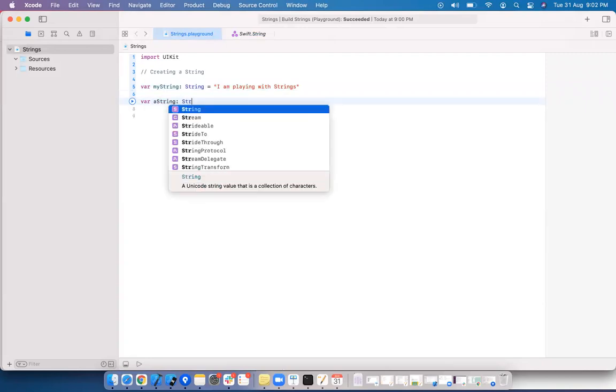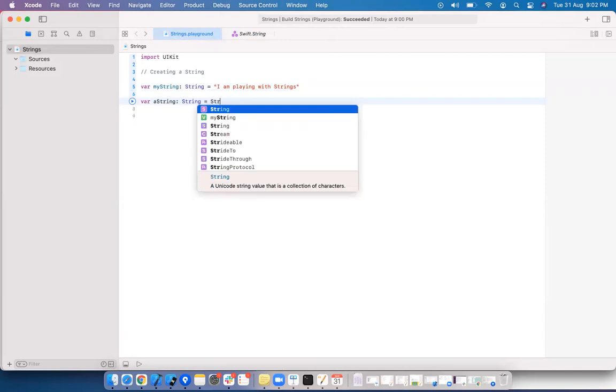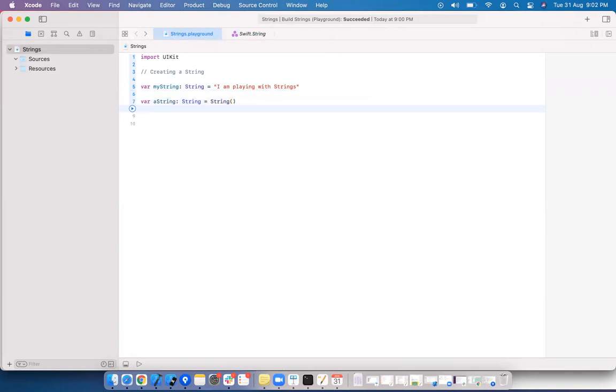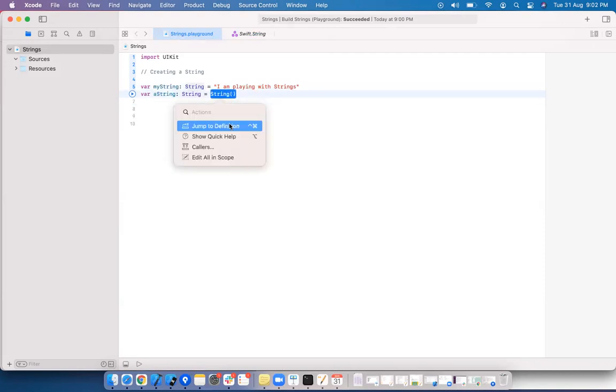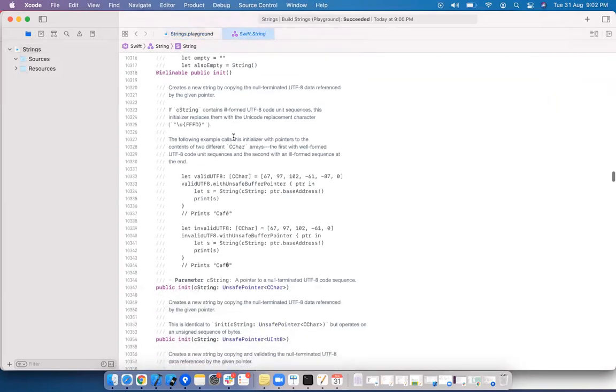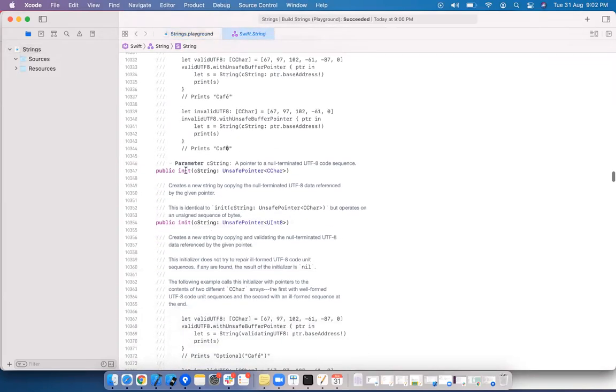A string equal to. This is how you utilize the default constructor, right? This is another way of creating a string. Get inside string and see what are the different methods it has. There is one more init method which is a custom initializer.